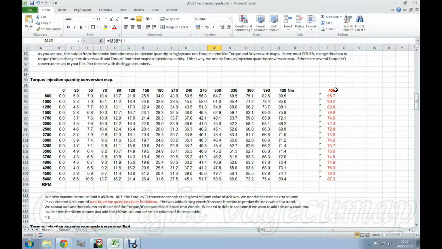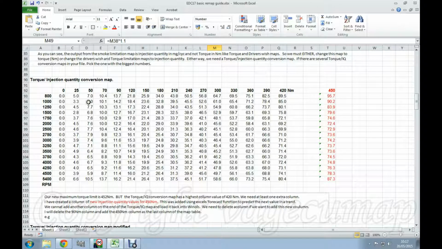So it's forecast 89.5 for 420, and it's used all these previous values as a guide, done a little bit of maths, and come up with 95.7. And so these values are just the next one in the series.